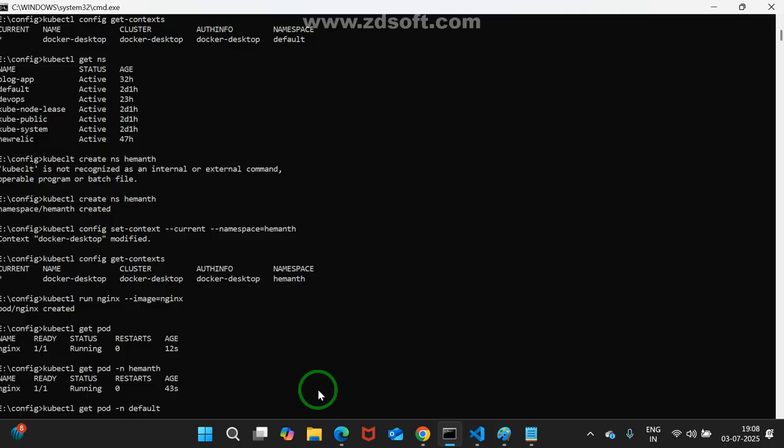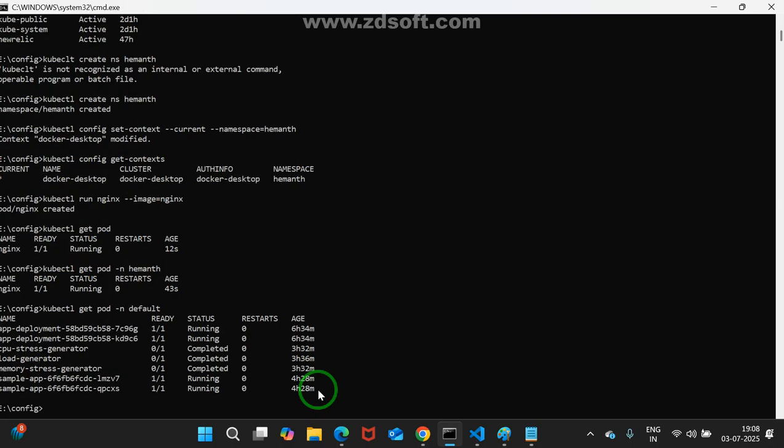If I specify default, assume default is already there. Are you agreed with me? Default is also there. But if I enter it, can I see that pod, maybe some name nginx that I created? No. Good. These points you must remember. How you remember, I don't know, but you must practice multiple times. Till now clear? Good.